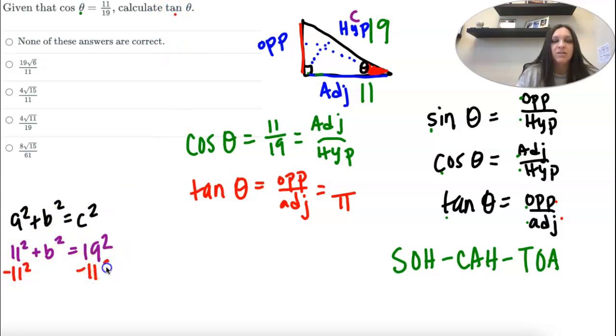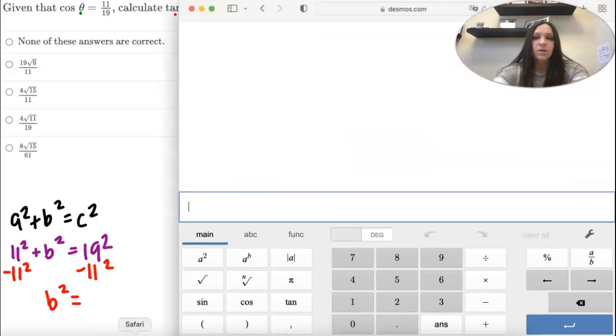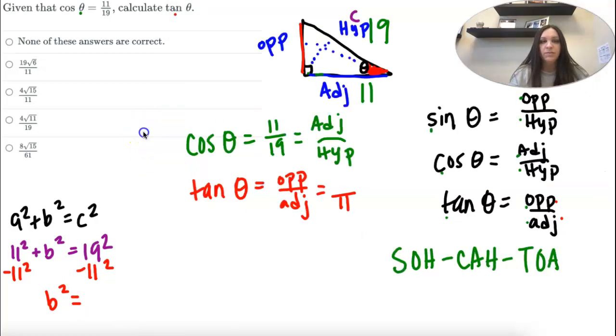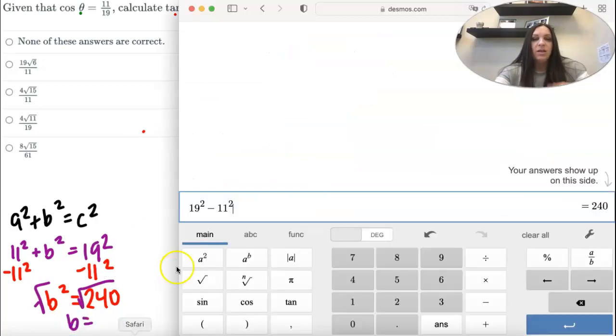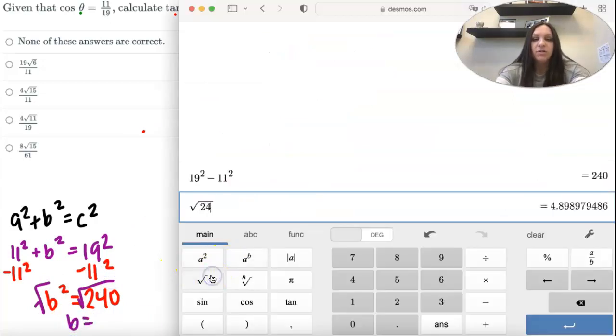I'm going to have 19 squared minus 11 squared is b squared. That's 240. But I don't want b squared, I just want b. So I'm going to take the square root of both sides. So b is the square root of 240, which is